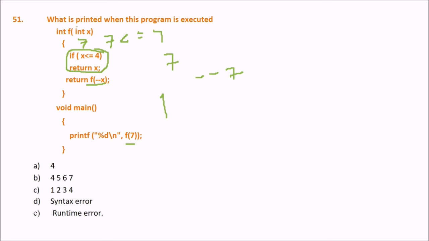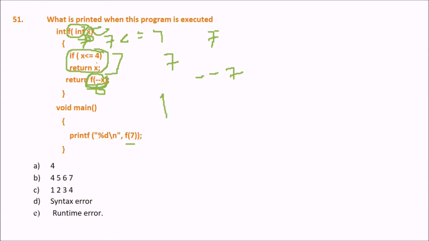See, this is a recursive function. This is f, this is again f. So what will happen? First x will go here, 7. Because 7 is not less than or equal to 4, there will be a decrement of 7, so it will be 6. So this 6 will call f(x minus 1), this function only, again. So now 6 will come. 6 is not less than or equal to 4. Again, this condition will not be met and f(x minus 1) will be done. So we will go with 5.